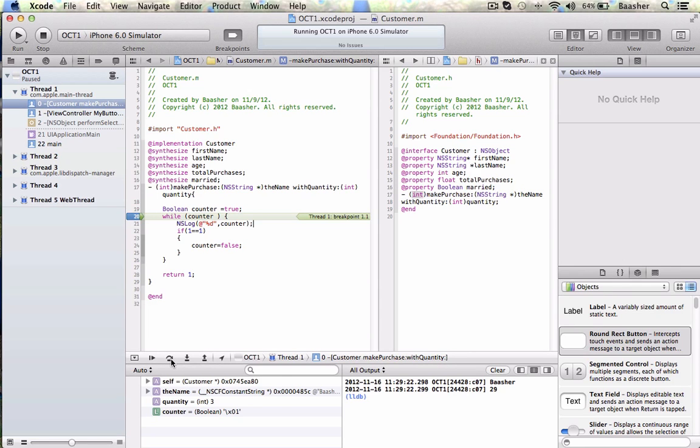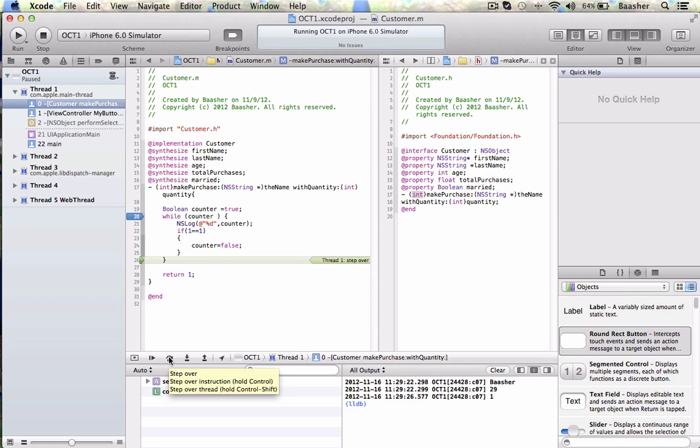Is counter true at this point? Yes, so it's going to spit it out to the log right there. If 1 is equal to 1, well, for simplicity, it's always true. Counter is false now. You see how it changes to 0. At this point, after line 26, it's going to go back to line number 20 and make another check. Is counter true at this point? No. So it's going to skip over and go to line number 29. And yes, it does. It's done. So that's how you can use a Boolean variable